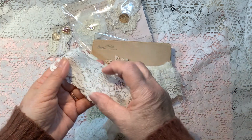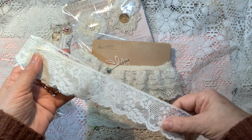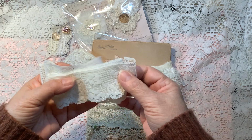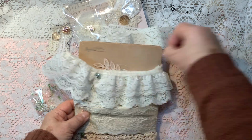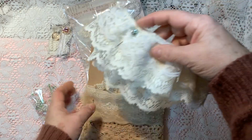And this is a lovely, about 1.5 inch flat lace. These can easily be gathered to use in your projects as well, but also the flat lace is a really nice option. The next, I'll put these pins aside so I don't lose them. The next one on this picture